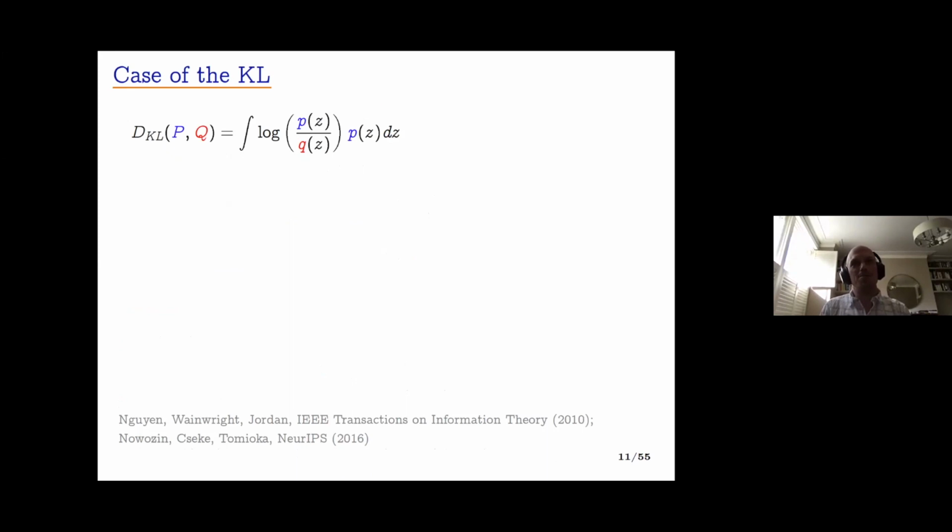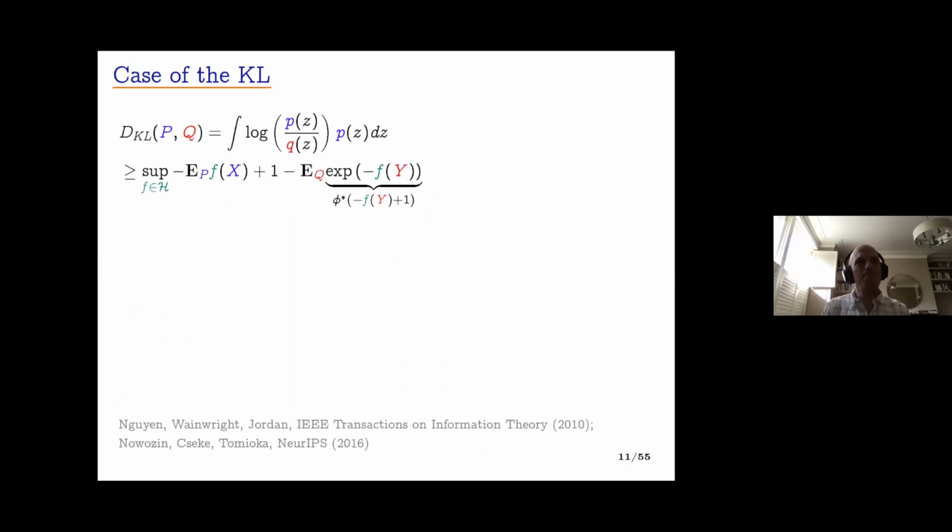Let's look at what happens when we use the KL. Okay, so here is my KL divergence, the log ratio of p to q, expectation over p. Now let's find this lower bound in terms of the dual of phi. I'm going to do a small reparameterization here, which is why there's a little bit of a difference in the form of the equation with respect to the previous slide, but this is some very minor algebra, and it'll make future slides more clear, so that's why I'm doing it.